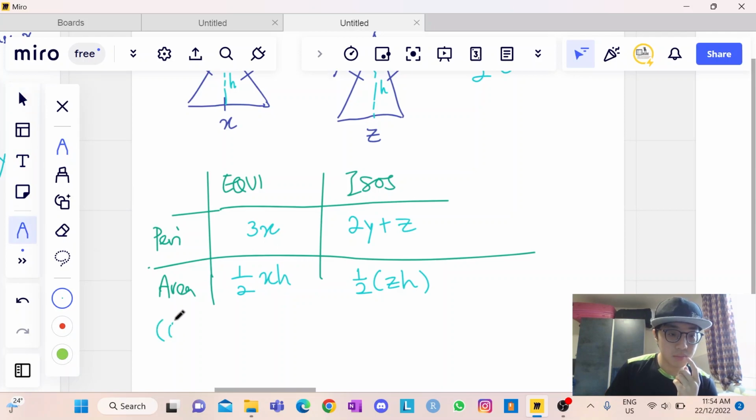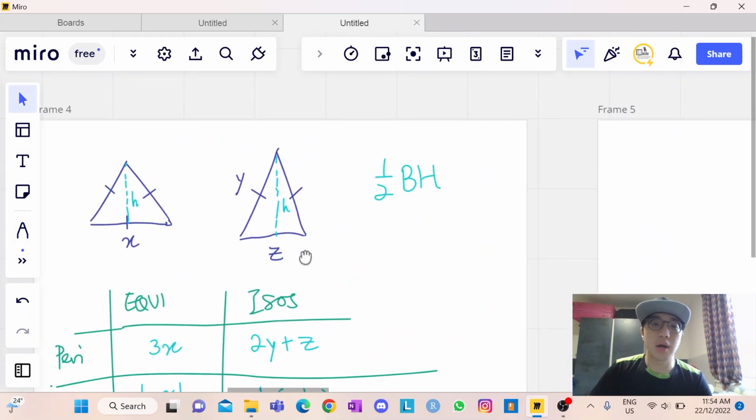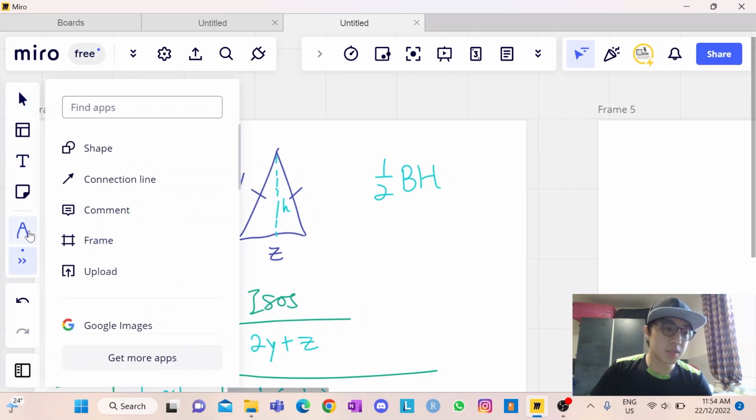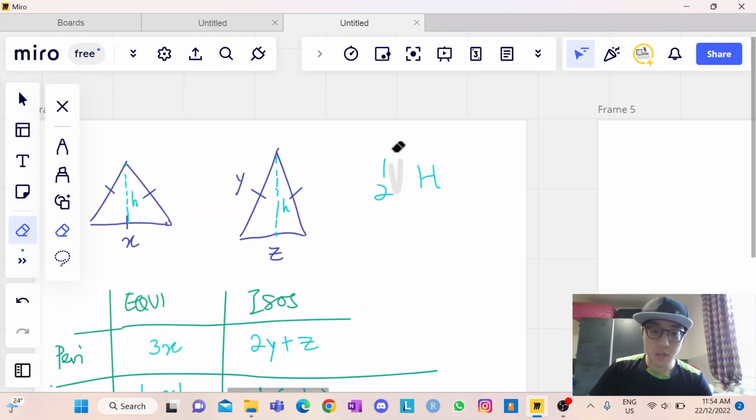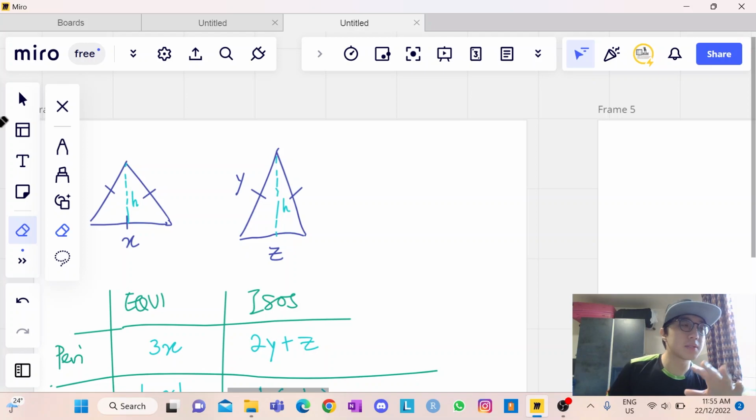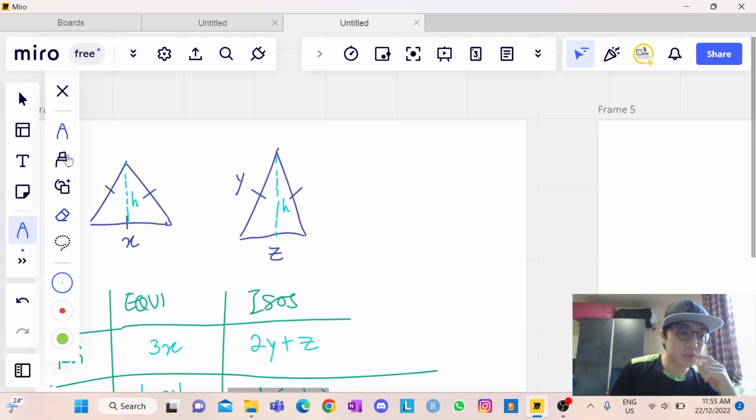This right here, 1 over 2 base times height. All right, so you might ask, why is there a 1 over 2 in the triangles? So in simple terms, a triangle can be seen as half of a quadrilateral, right? So if you look at the square, when you divide it by half,